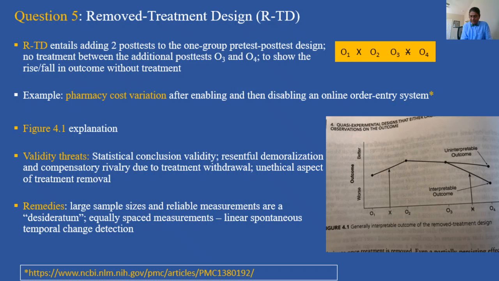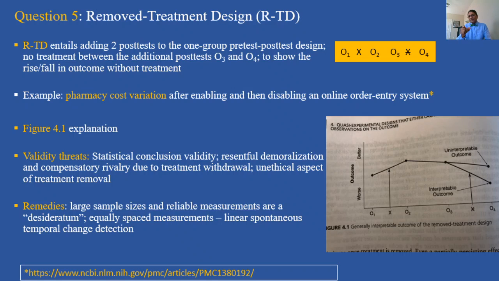So O1 is somewhere between worse and better, more towards the worse, I can say. And X is the treatment. So when the treatment is given, you see that there is an improvement in the outcome as seen in O2,